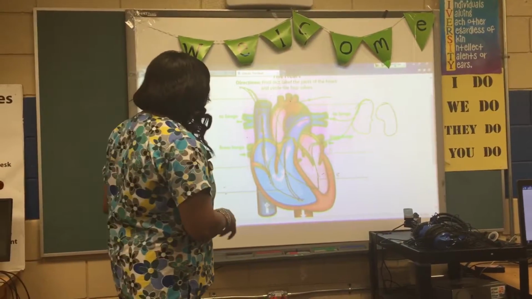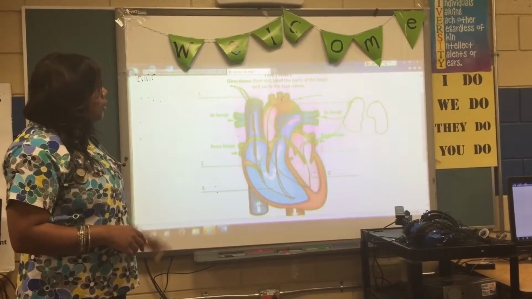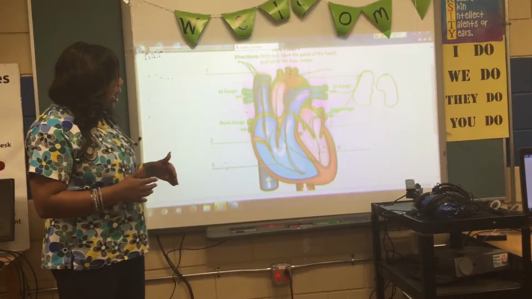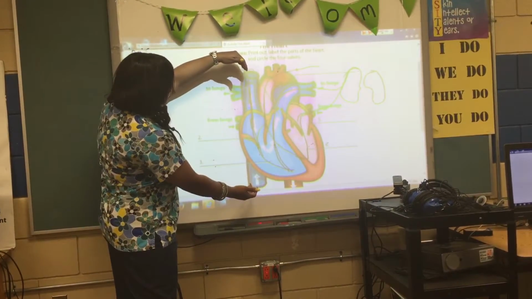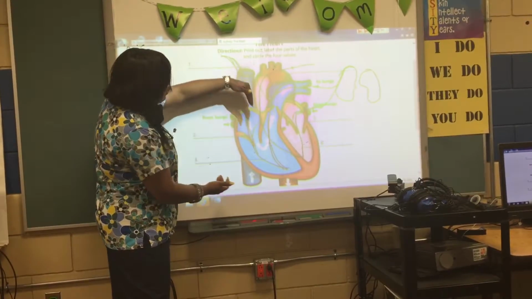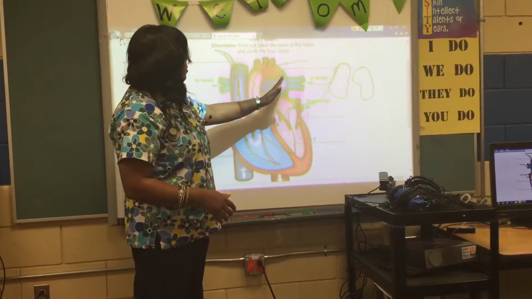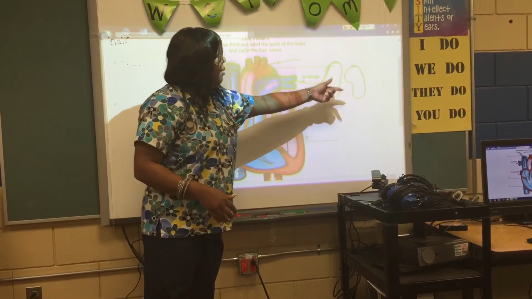Okay, so that is how the heart pumps blood throughout the body. Let's go over that again. I'll say again how that happens. Blood comes into the superior and inferior vena cava, into the right atrium, down to the right ventricle, then through the pulmonary artery to the lungs, where it's replenished with oxygen, back into